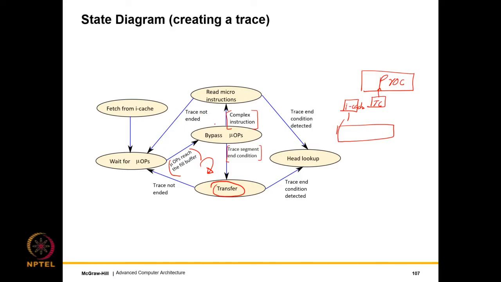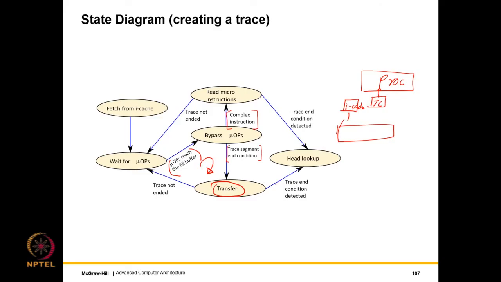This of course would depend, and Intel has not released a lot of details in its patent, but what computer architecture sense would tell me should be done is that we should take a look at the CISC instruction. If it translates to a few micro instructions, then they can be directly put in the fill buffer and entered as a trace segment. Otherwise, there should be an indirect into the microcode table and we should read out the trace from there.